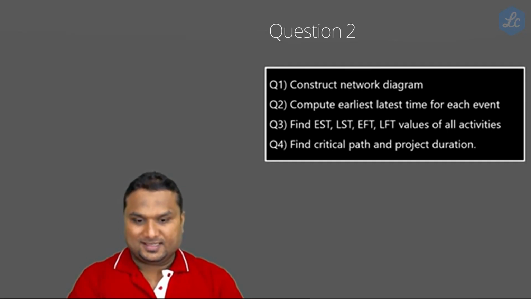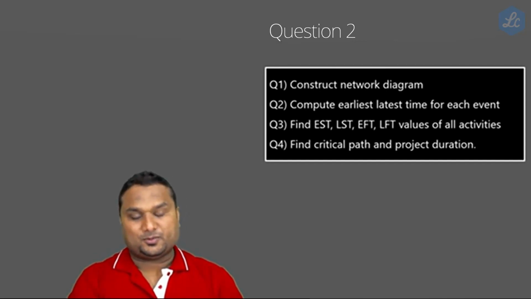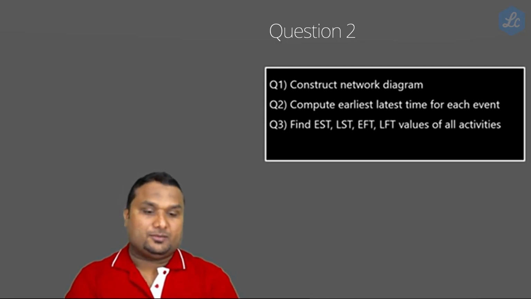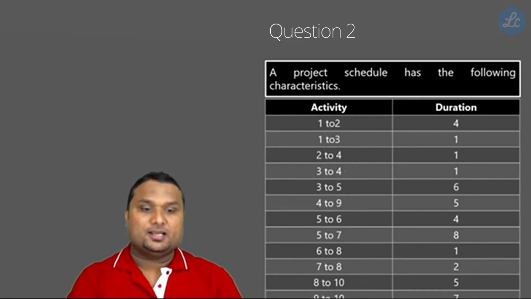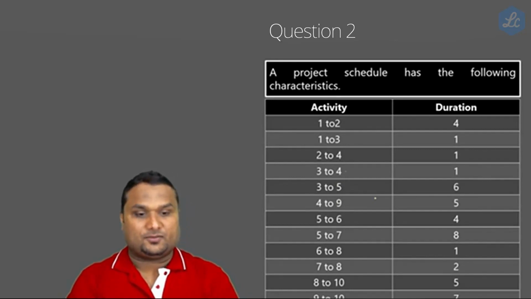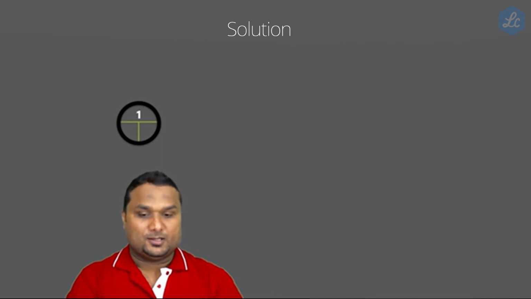Now, we are drawing the network diagram first. Take a complete page, keep your notebook in a horizontal position, and we have to draw it. Tell me, what is our activity from 1 to 2? It is there. 1 to 3 is there. So from 1 there are two activities, 1 to 2 and 1 to 3, then 2 to 4, 3 to 4, 3 to 5. Let's start from 1 to 2. We just changed the style of the diagram into a new one. This is the shape of the diagram.